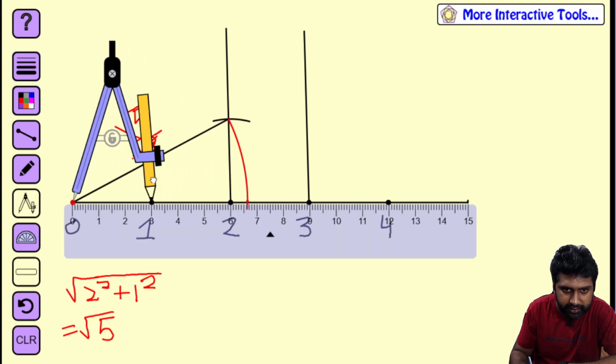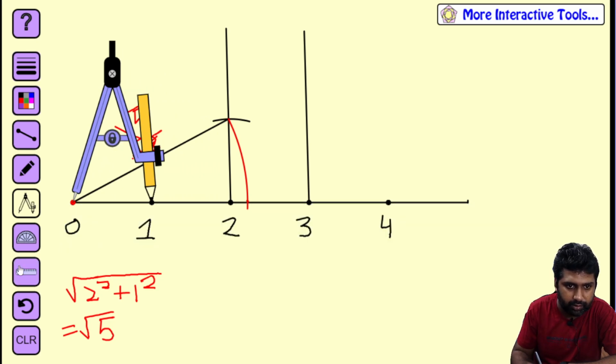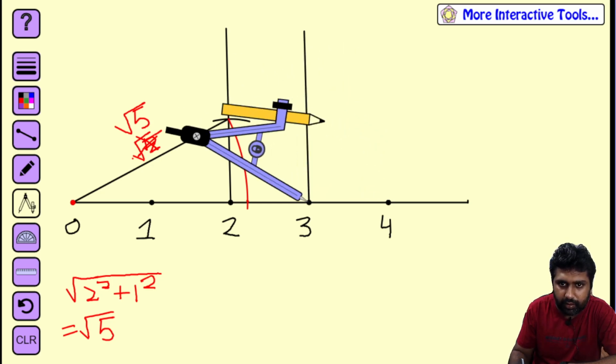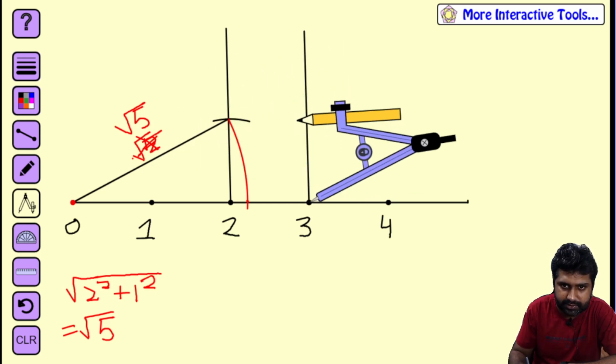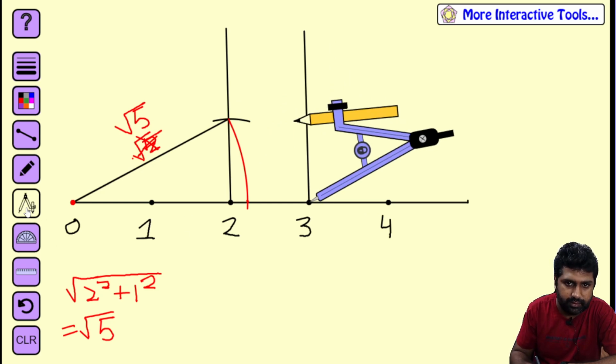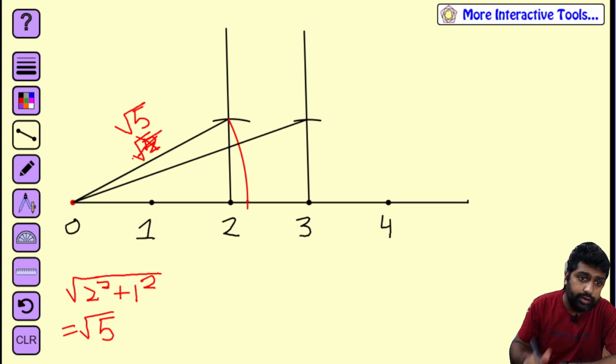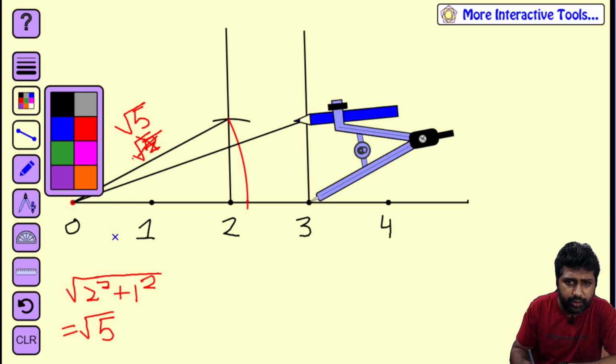Let's measure back again 1 unit. Let's lock this. Again, if I draw a 1 unit cut on this, and I join this with the 0,